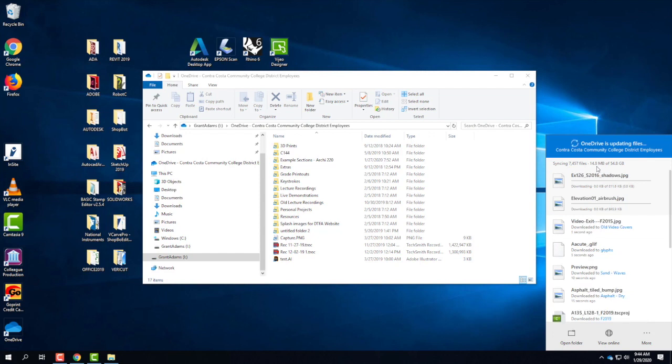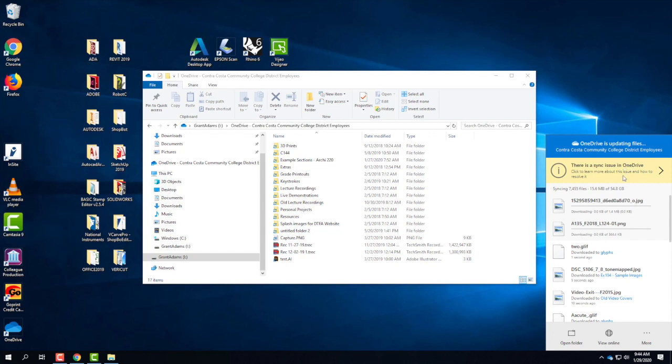Like I said, mine's full, so it's got to resync everything. In my case, I have 54 gigabytes that it has to resync on this. But I have a larger OneDrive account. Anyway, when it's all done, it'll say it's up to date. In which case, it's no problem. We can eject it. If you're still syncing, you might want to wait a little bit until it can finish syncing. At this point, you can either quit OneDrive and then eject the drive, or what I would just recommend,